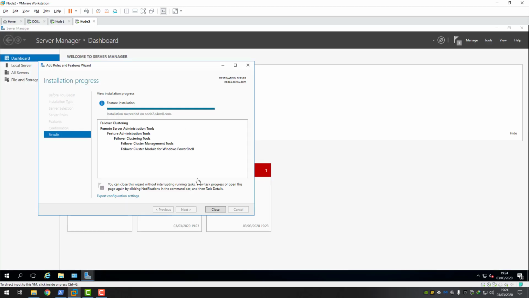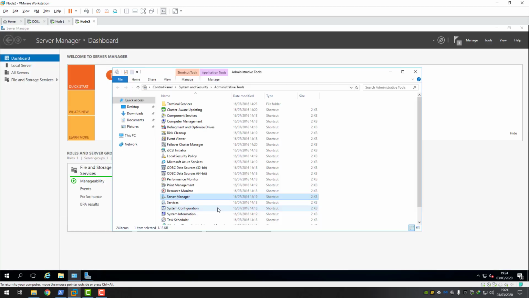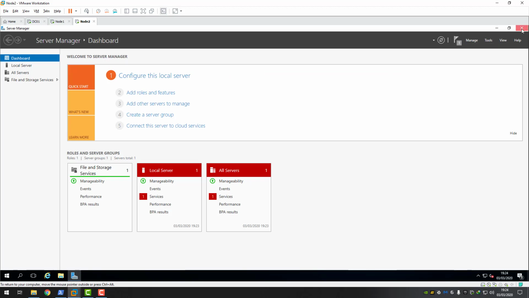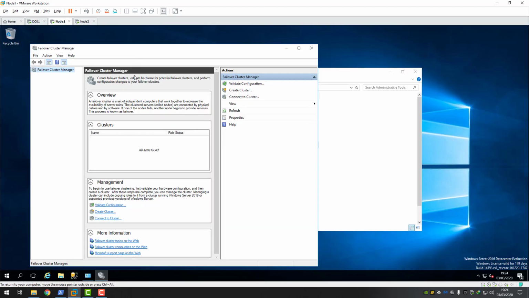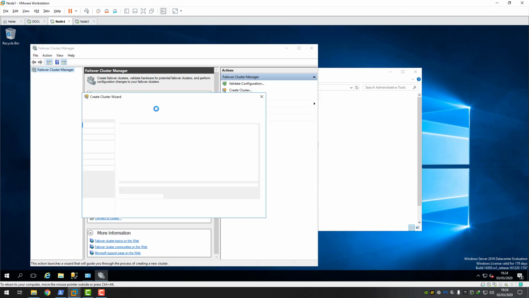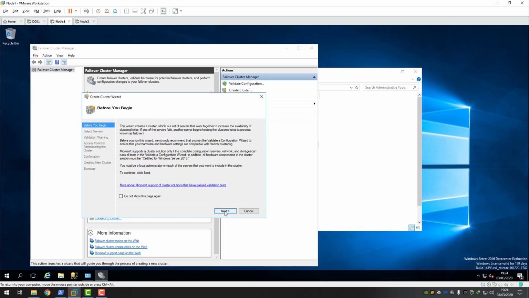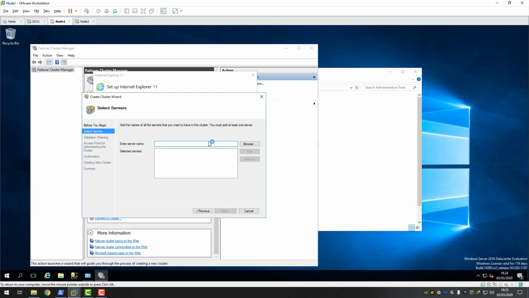So the installation is completed on Node 2, so we'll close out of this, close out of that, and then from Node 1 we'll start getting the cluster created. So what we're going to do is, with Failover Cluster Manager opened, we're going to click on Create Cluster. We're going to click on Next, and then we're going to enter the servers who are going to participate in this cluster. So the servers are